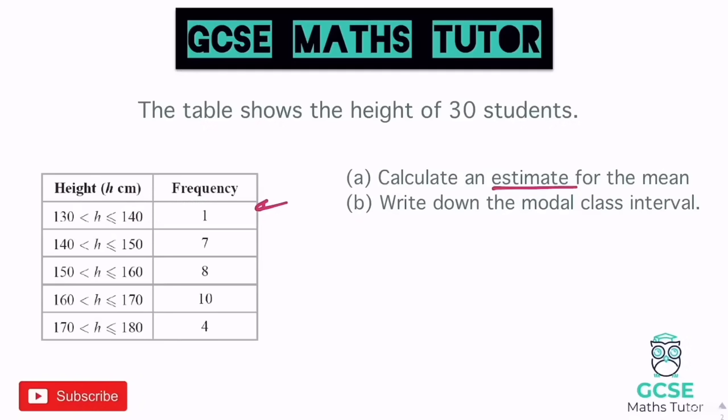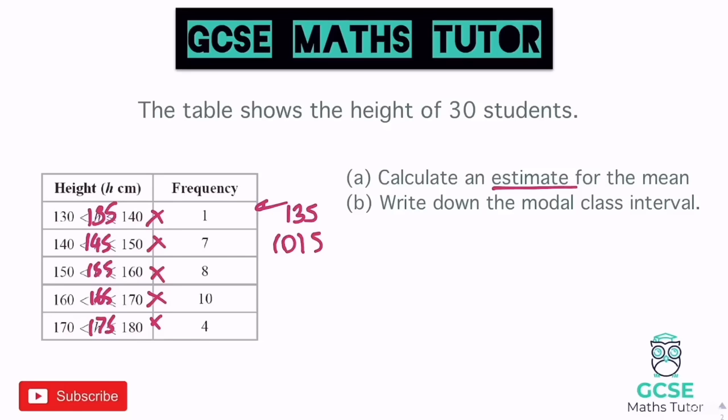So what we do is we pick the midpoint. So in between 130 and 140 is 135, and we're just going to use that as an estimate for the height of that person. And we'll do the same for all the others, 145, 155, 165 and 175. And we'll just treat this in exactly the same way as we did before. So one person at 135, 7 people at 145, and we're just going to times across for all of these again. So one lot of 135 is 135, 7 lots of 145 is 1015, again I'm just doing this on the calculator,